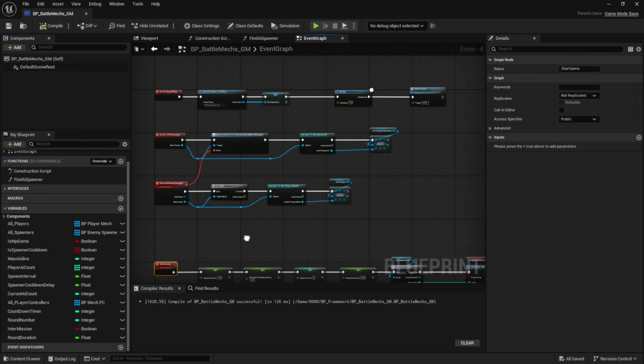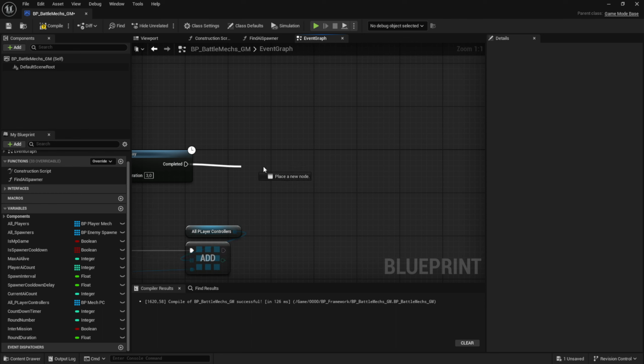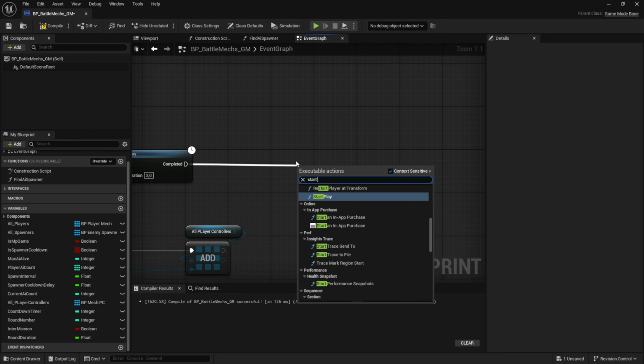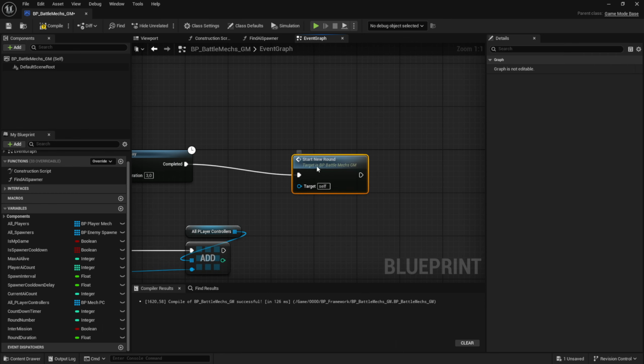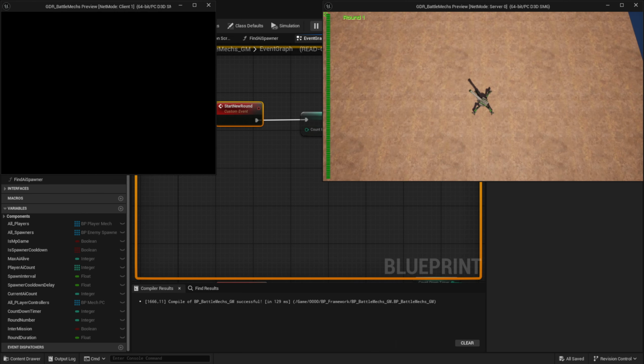So at the end of the event begin play, we don't want to call start game. We want to call the start new round function that we just created. And this event will eventually call our start game event. So that should work. At the end of begin play, call start new round and not start game. So now if we hit play,